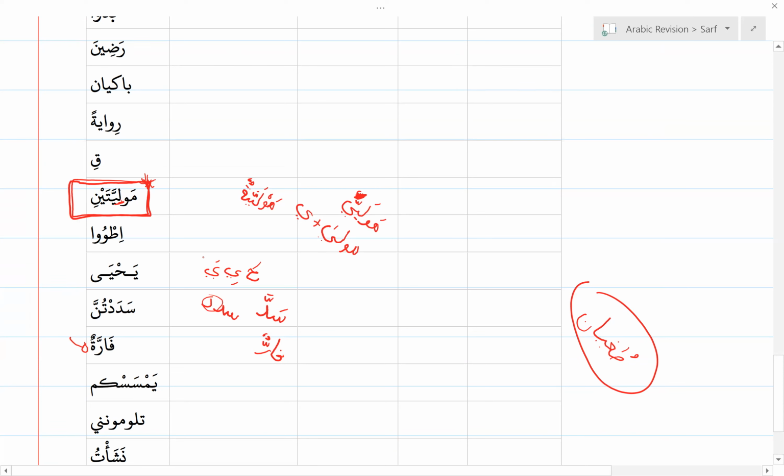So you have to really break it down. Ask yourself, fi'l or ism? Once you figure out if it's a fi'l, you take it to the huwa version. If it's a mudari', for example, take it to the huwa madi. If it's antum version, take it to the huwa version. Just take it back to the huwa version, the madi, huwa version. Then now you ask yourself, okay, what is the fa letter? What is the ain letter? What is the lam letter? Do I see any irregularities in any one of those letters? And then just figure it out.